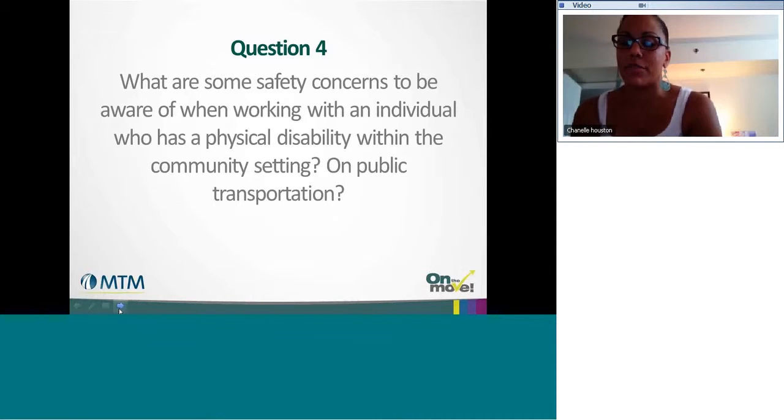And they're trying to get through on a sidewalk with a building on one side, and then you have a street or a curb or a ledge on the other side. And this could cause that person with a disability to potentially fall, or even fall off the sidewalk into traffic or in the street. And safety concerns as it relates to public transportation include maneuvering uneven steps between the train and